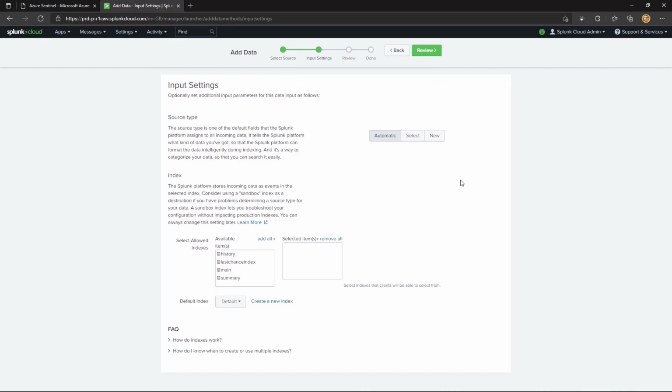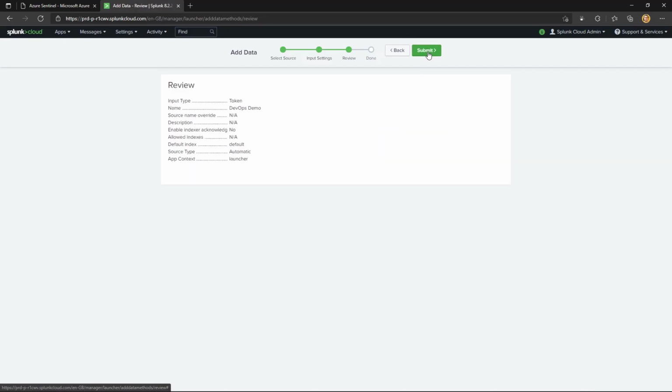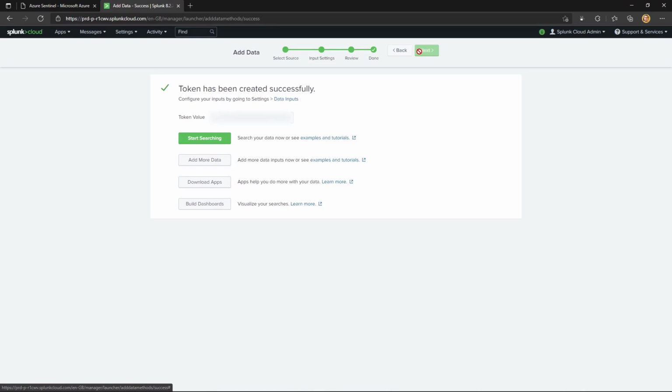Again, in here, we can put some input settings. By default, you can leave this empty and let it automatically detect. So we're just going to click Review and click Submit. Once that's done, we can take the token value, copy that, and go back to our